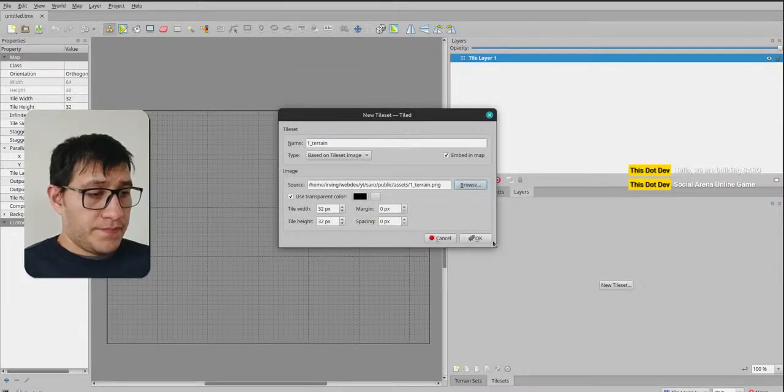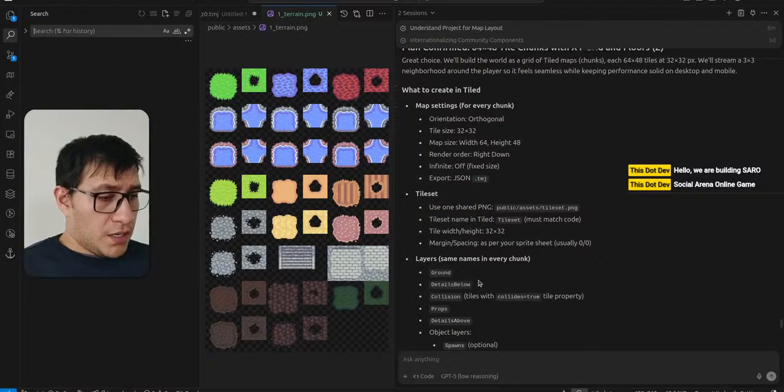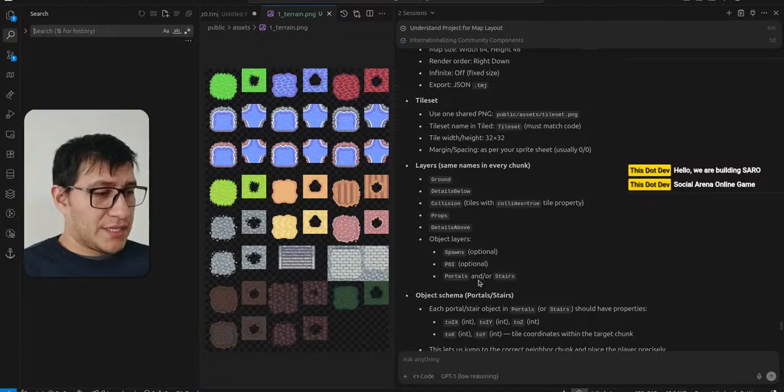Yep. Tile width. Yeah, okay. Layers, same names in every chunk. So we're gonna have